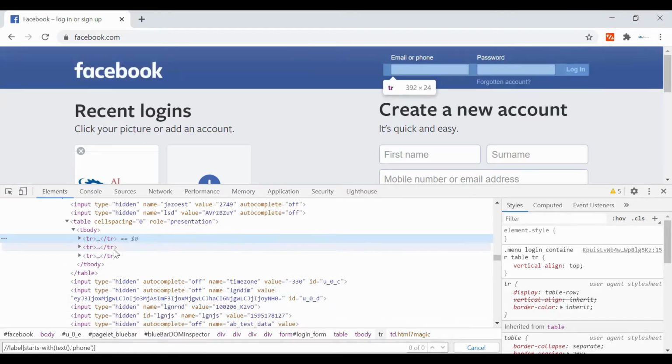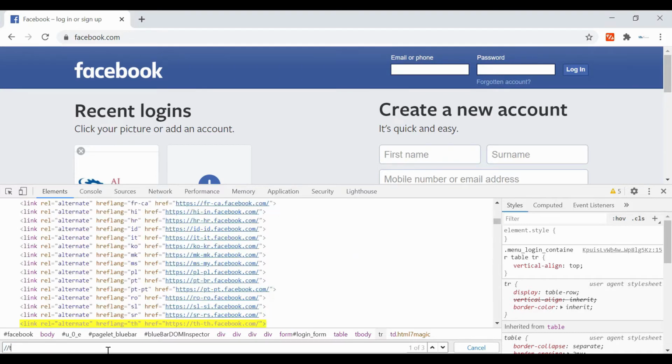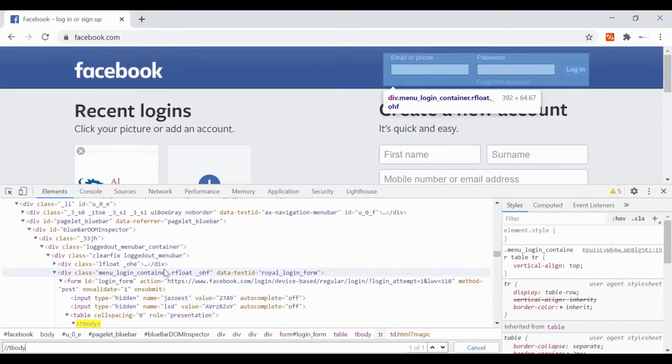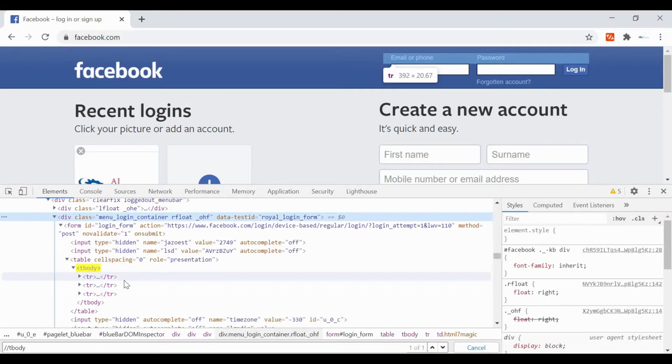Let's go to tbody first, slash tbody. From tbody I want to go to tr. You can go by using a single slash or a double slash, it will work. As you can see here, it is showing 3. That means 3 immediate children are there for this tbody.